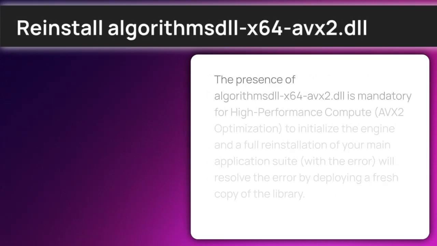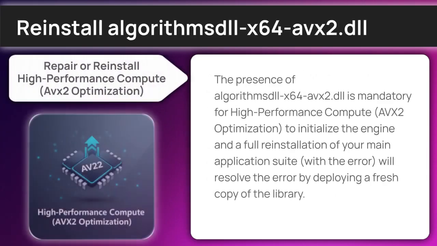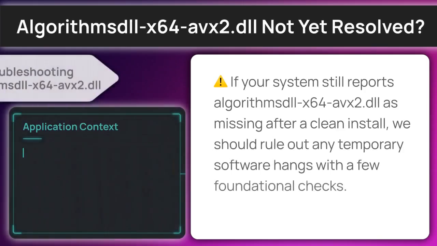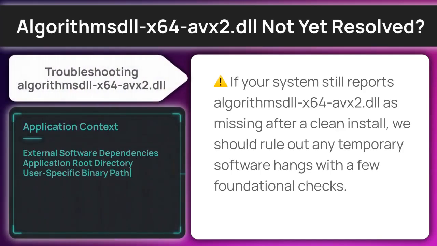The presence of the algorithmsdll-x64 AVX2 Library DLL is mandatory for high-performance compute, AVX2 optimization, to initialize the engine, and a full reinstallation of your main application suite will resolve the error by deploying a fresh copy of the library. If the installer was unable to bridge the gap, we will move to phase 2 of our diagnostic to refresh